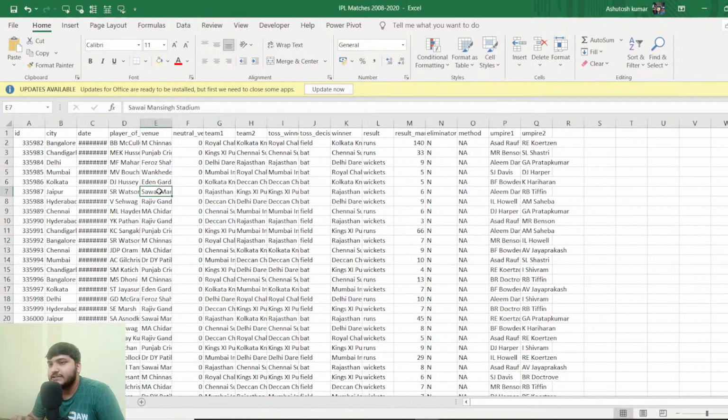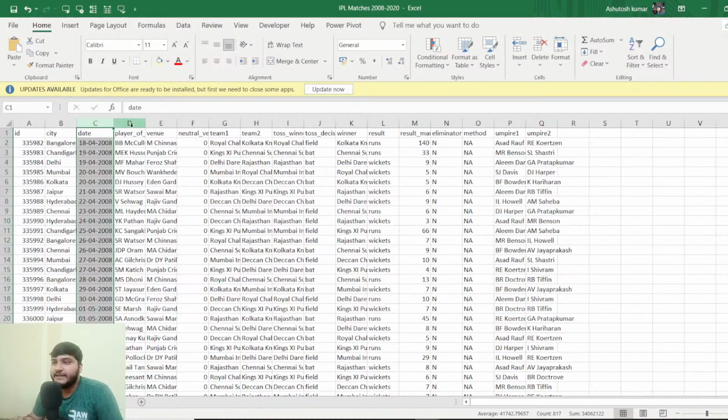In this sheet, I'll quickly explain what this data is all about. In column A I have the ID, which can be considered the ID of the different matches which would have been played. In column B I have the city, in which this particular match was played. In column C I have the date on which the match was played, the player of the match, the venue in which the match was conducted, and whether this venue was a neutral venue or not,